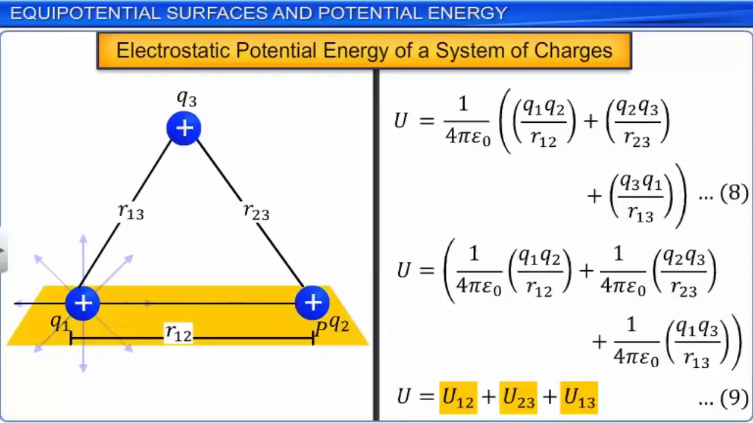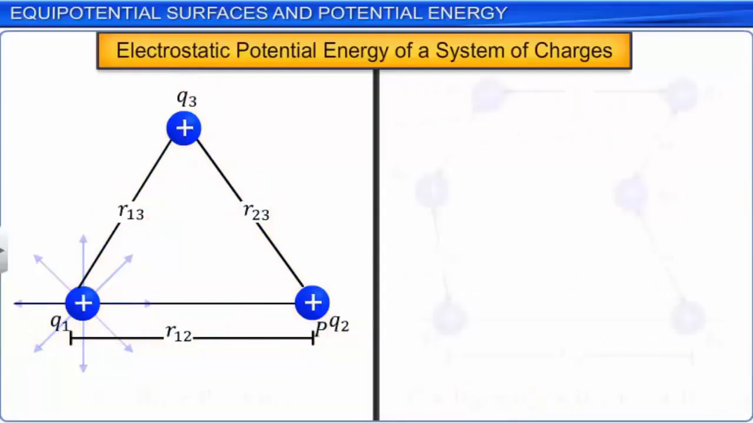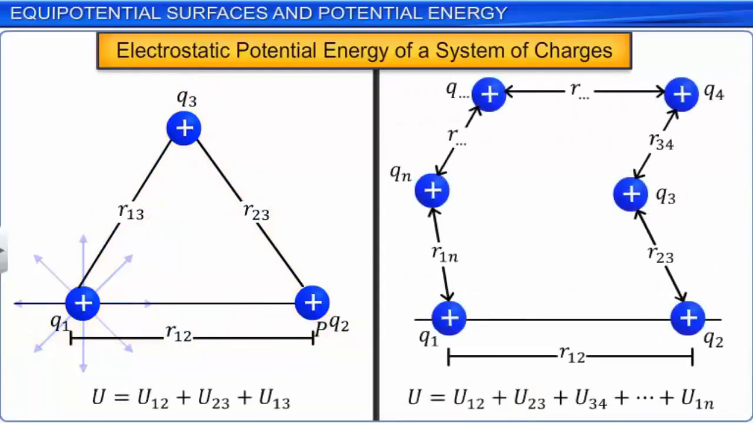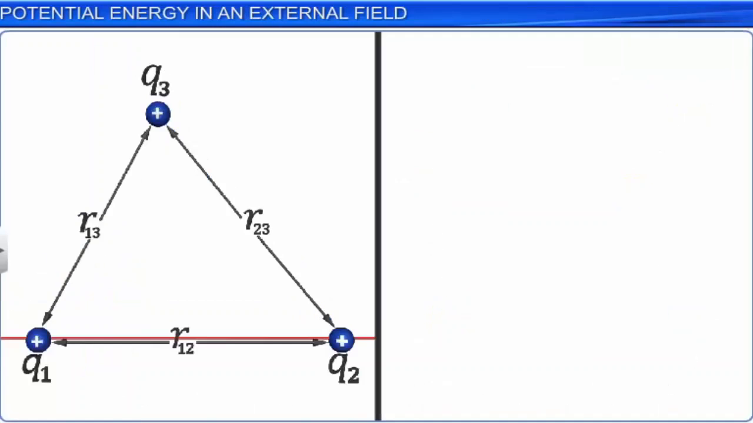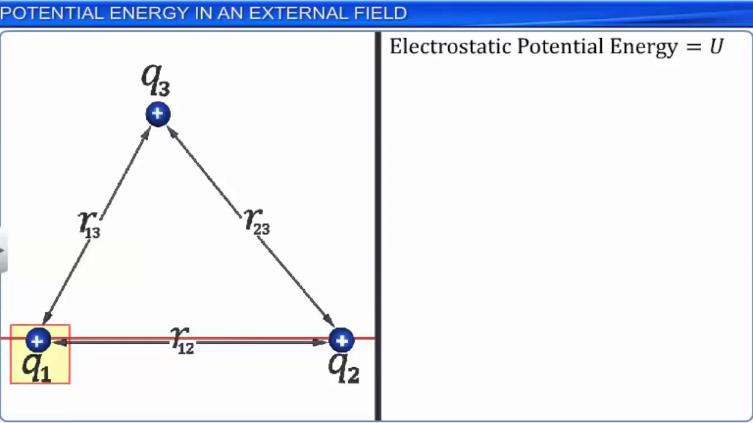The above procedure can be adopted for calculating the electrostatic potential energy of a system of n charges as well. From the above discussion, we see that the potential energy of a system of charges is a characteristic of its present state only. We know that electrostatic potential energy U for a system of 3 charges Q1, Q2 and Q3